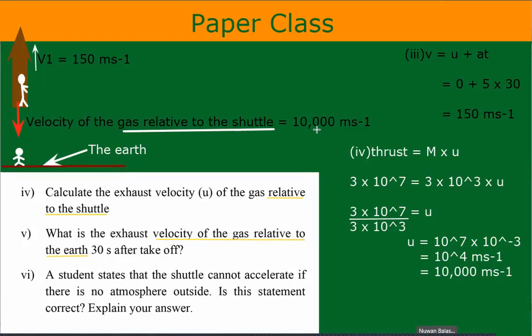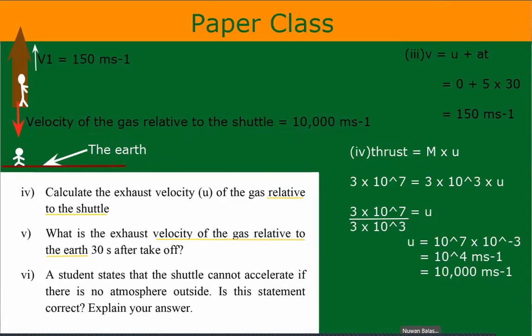Okay, good. I got 2 out of 3 powers. Good. Now listen there. The velocity of the gas relative to the shuttle is 10,000 meters per second, which means the